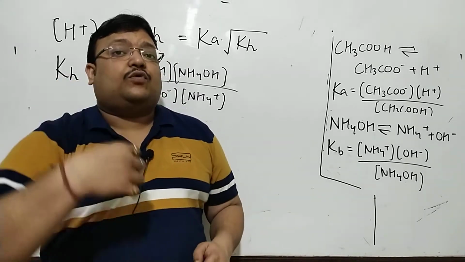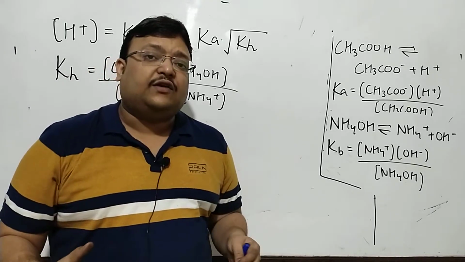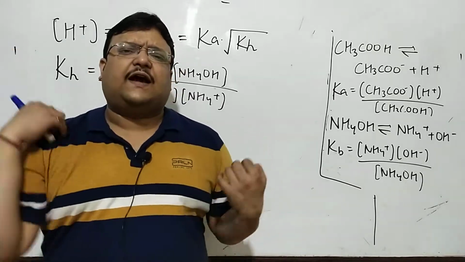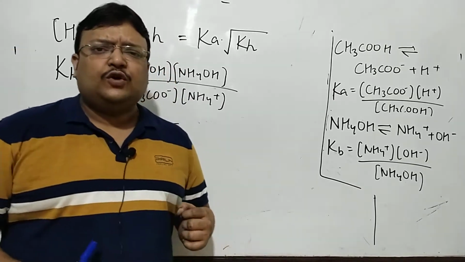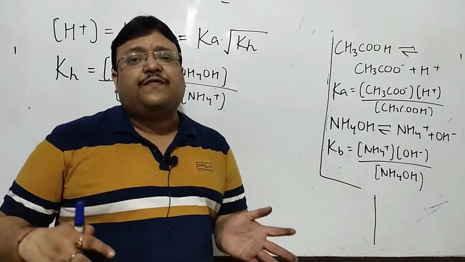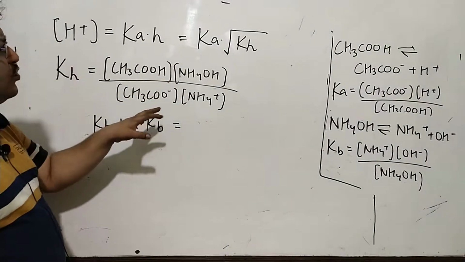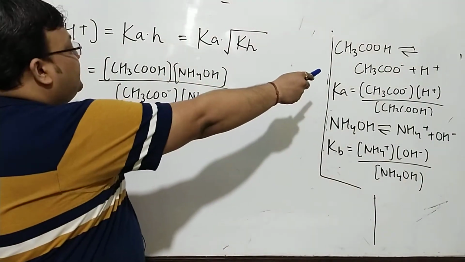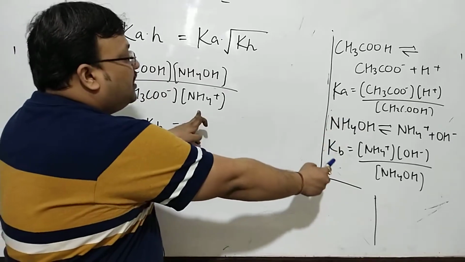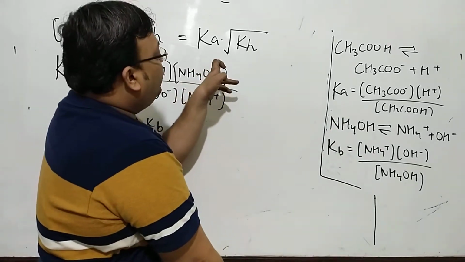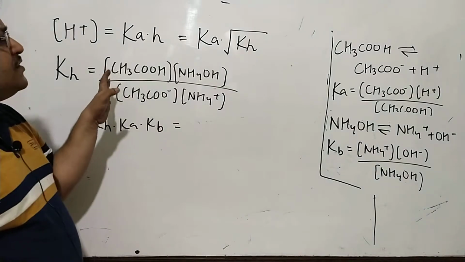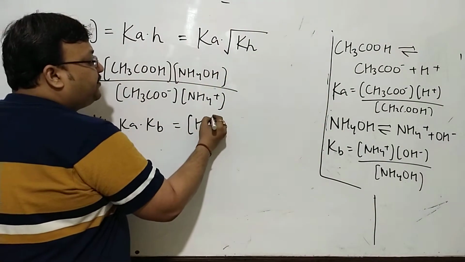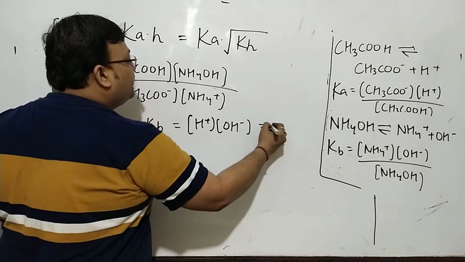The reason I always want to write in terms of Ka, Kb is, those are the known constants. I don't want to populate another list of Kh values. That would be unnecessary. So I always prefer writing Kh in terms of Ka and Kb. I'll again be able to do that. Kh into Ka into Kb. See, acetate will get cancelled. Acetic acid will get cancelled. Ammonium will get cancelled. Ammonium hydroxide in the numerator, there in the denominator. So all of it will cancel out, leaving me with H plus and OH minus, which is Kw.